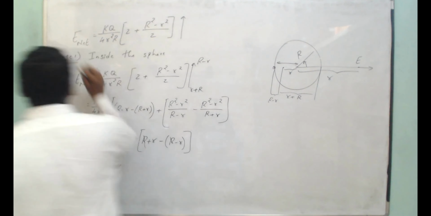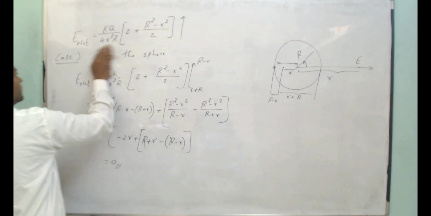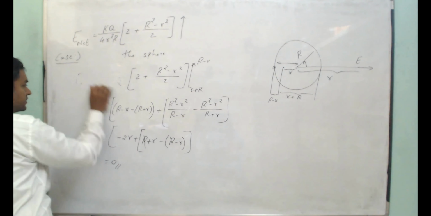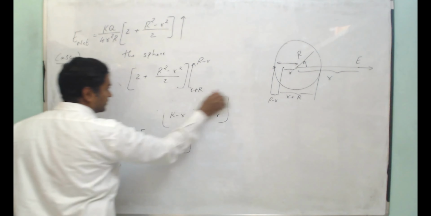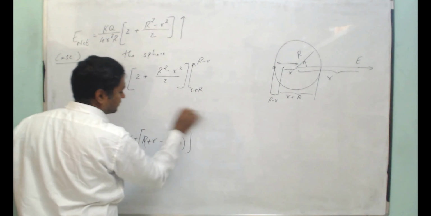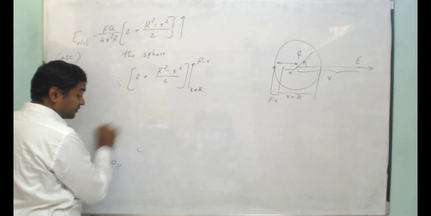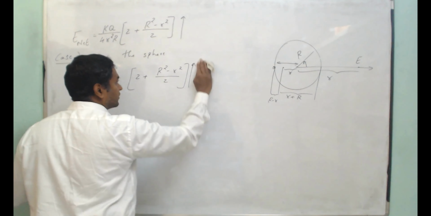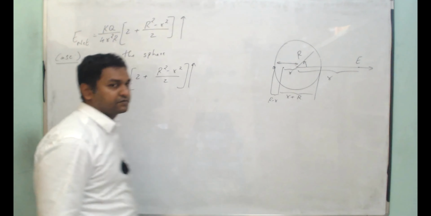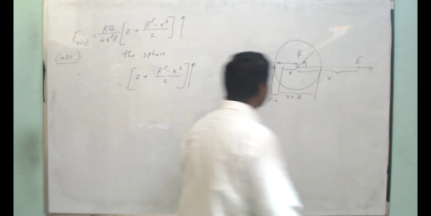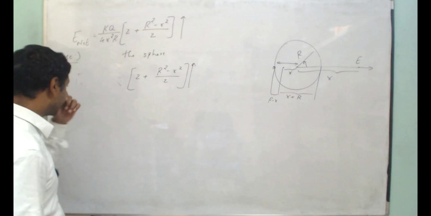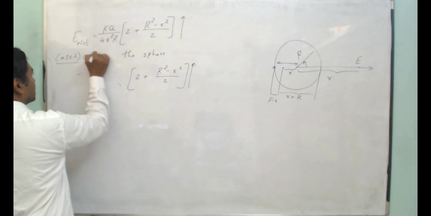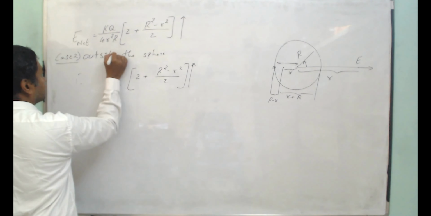Next case is outside the hollow sphere. What are the limits for outside the hollow sphere? It's small r minus capital R to small r plus capital R. So case 2, outside the hollow sphere,